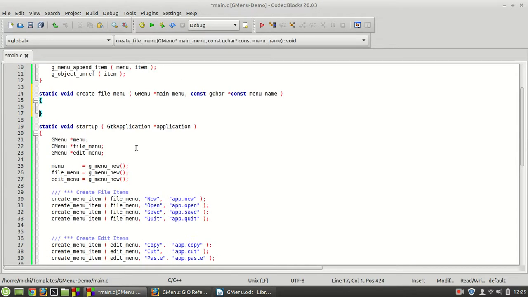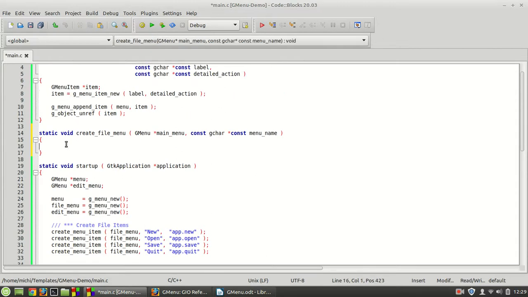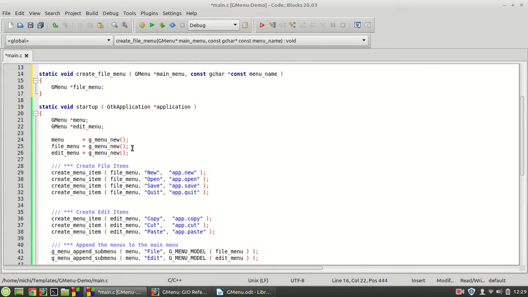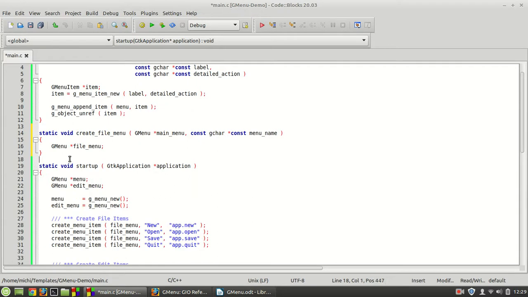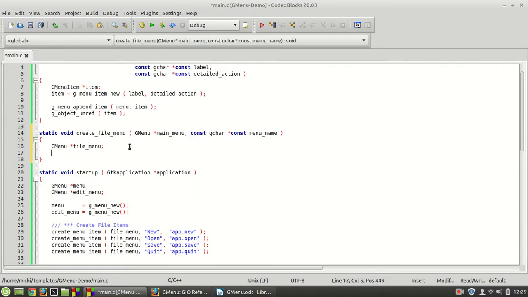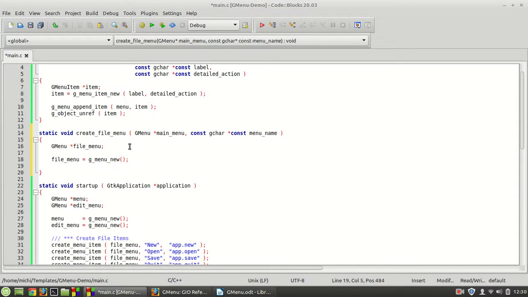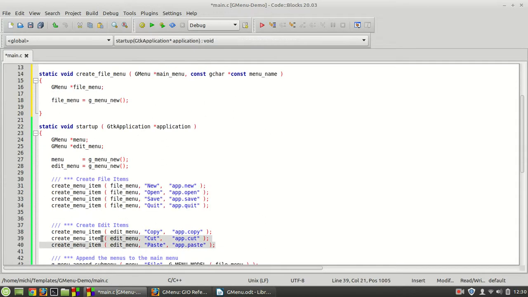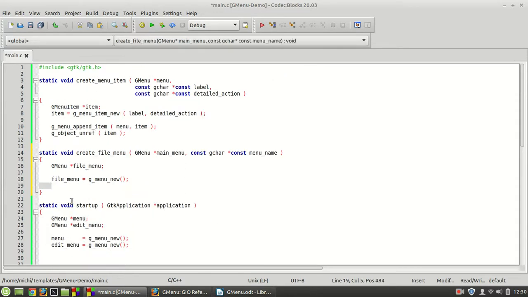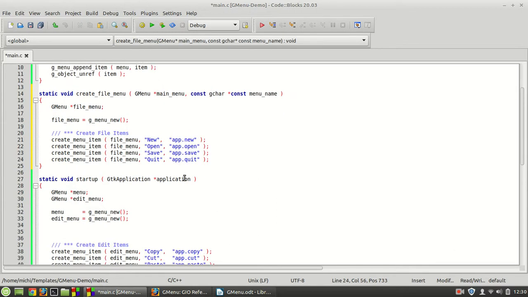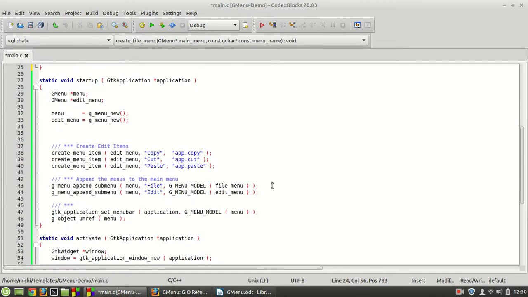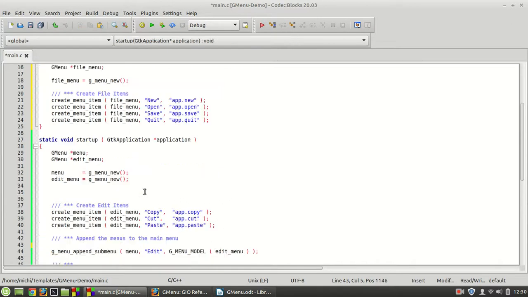Now let us create a file menu, which means we need a file menu. I'm going to drop it here. Of course we need its creation as well. And now the next thing which we need: these four things right here, so I'm going to cut them, and the next thing which we need, this one, and